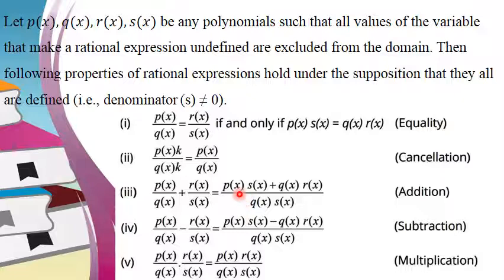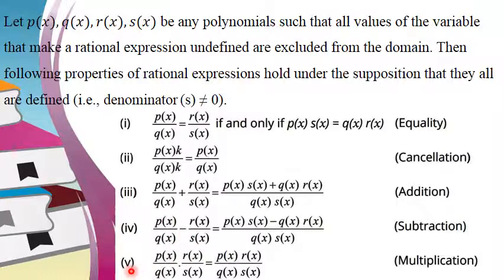That means p of x is multiplying with f of x plus q of x is multiplying with r of x. And after that, number 4, it is the same procedure that we are taking the LCM, but the sign is negative over there, and that's why it is called the subtraction property. Okay, the same procedure is there, but only the sign is negative.